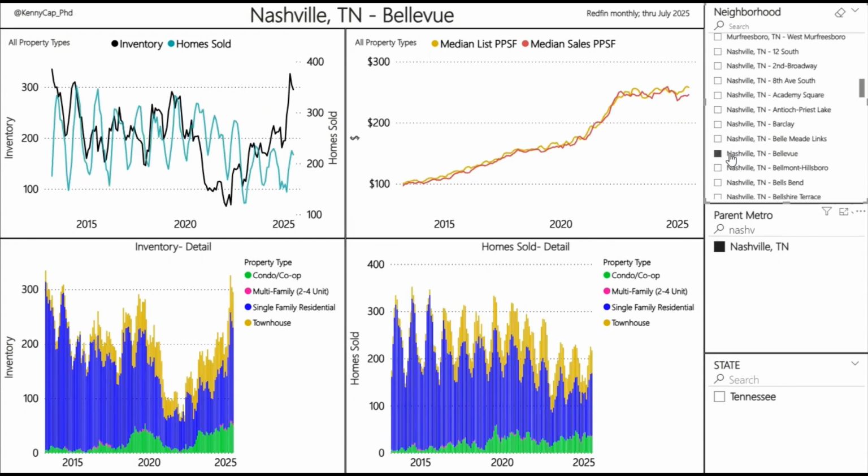So here's what Bellevue looks like. Bellevue is more middle income, lower income class households in general. We're seeing gentrification spread across the entire MSA, but in general, that's what I would say about Bellevue. More of a starter home market. Again, same thing: home sales are very low, and inventory is very, very high from a historical standpoint. You should not be paying full ask. Prices per square foot have been pretty flat since the summer